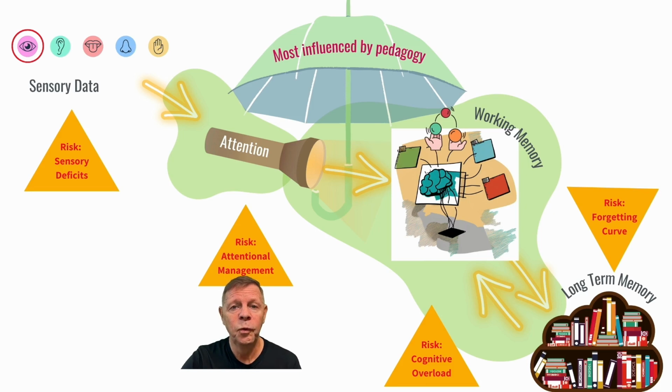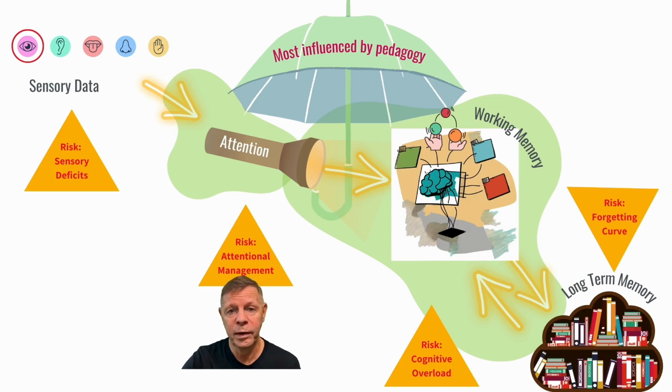As mentioned before, ADHD and ADD are poorly named. It's not that there's necessarily an attention deficit, but more about the way that attention is actually managed by the attentional centers in the brain. Other risks include lack of sleep, lack of hydration, lack of nutrition, lack of exercise, and lack of mindfulness. These all play into the way that we can optimize the brain, particularly in the way that attention is managed